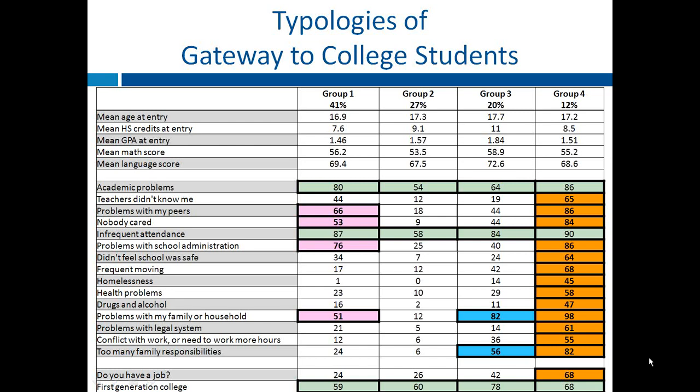Yeah, and that gets back to the idea of wraparound support, which is at the core of Gateway to College. And again, that wraparound support doesn't mean that all of those services stem from the program itself, nor is it possible. It's really a matter of combining what the program can do with the resources that are in the community for organizations who are designed to assist students in certain ways.